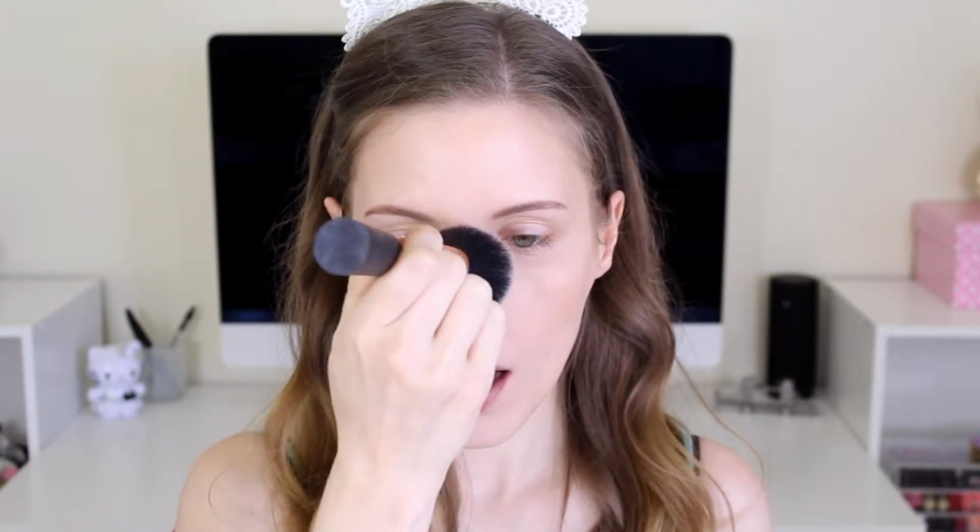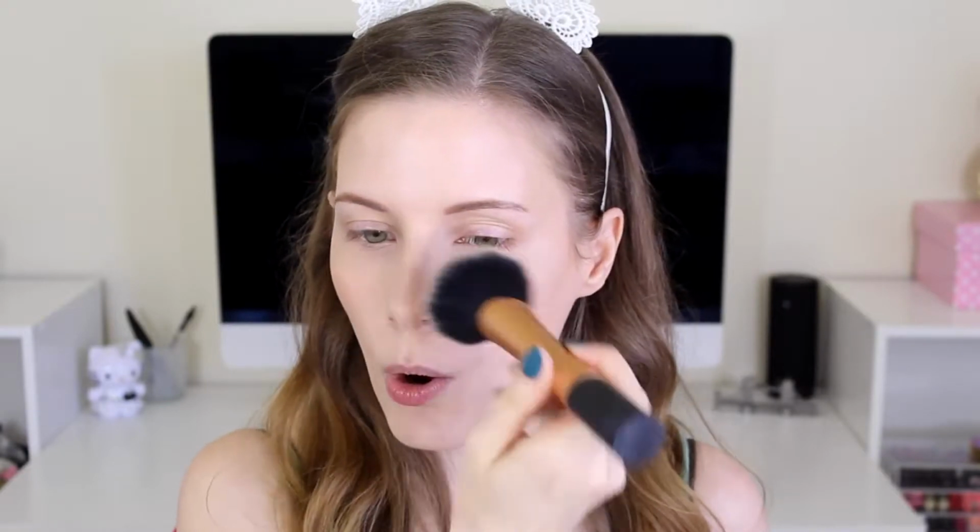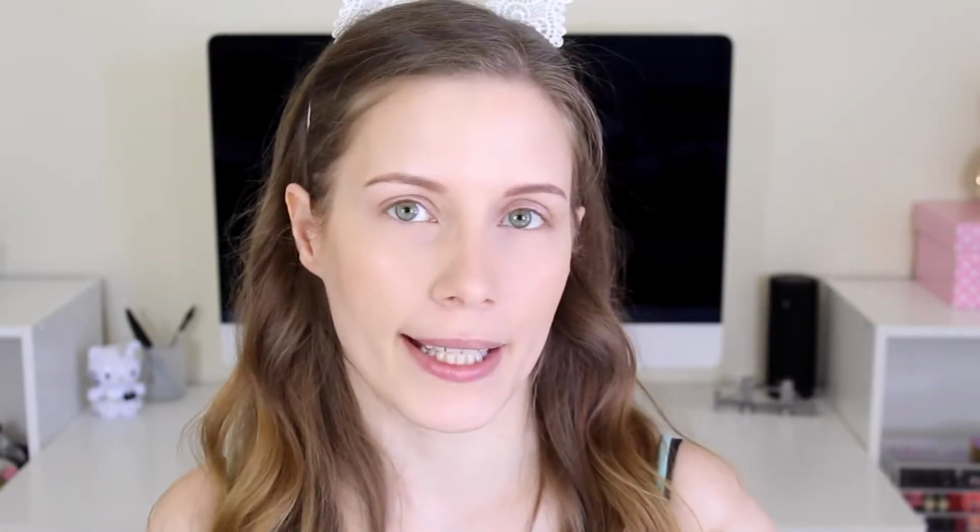And then if I'm going for a super healthy summer look, what I will also sometimes do is take a tiny bit of bronzer and pop it just on my nose and right here where you would naturally get color from being in the sun. Just a little bit. There we go. It doesn't show up a whole lot, but it does actually make a big difference when you see your face